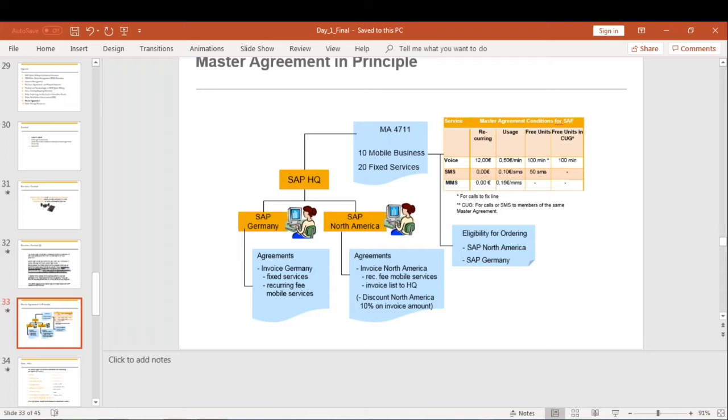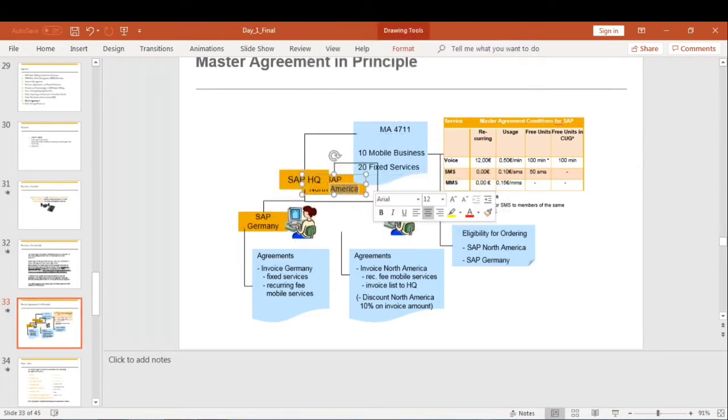So invoice agreement is, here you see SAP headquarters, and here you can see SAP Germany and SAP North America.